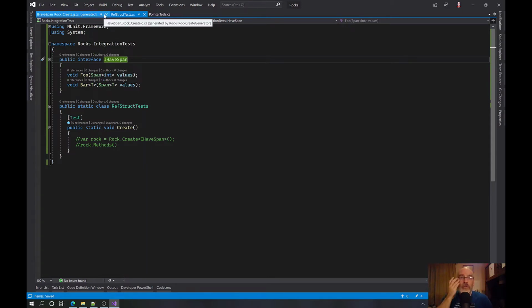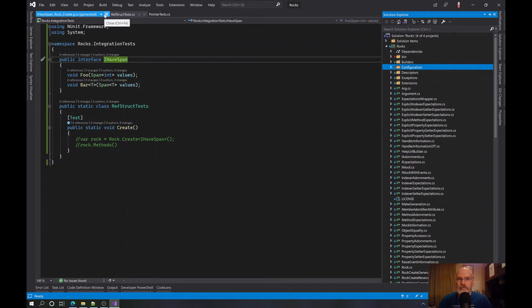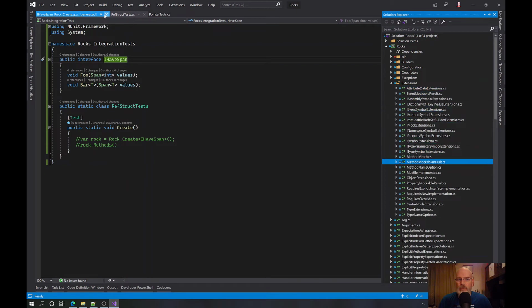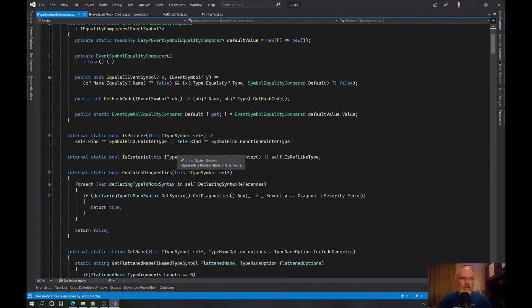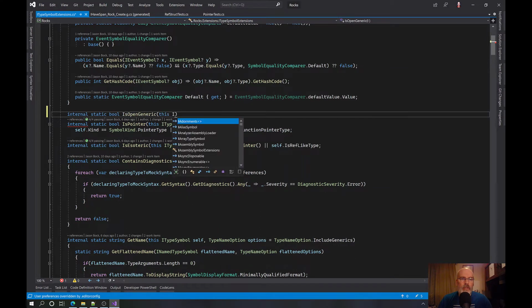I'm so close, and I'm fearing that this is going to go down a humongous rabbit hole. Extensions, ITypeSymbol extension. We are going to make an internal static bool IsOpenGeneric, this.ITypeSymbol self.